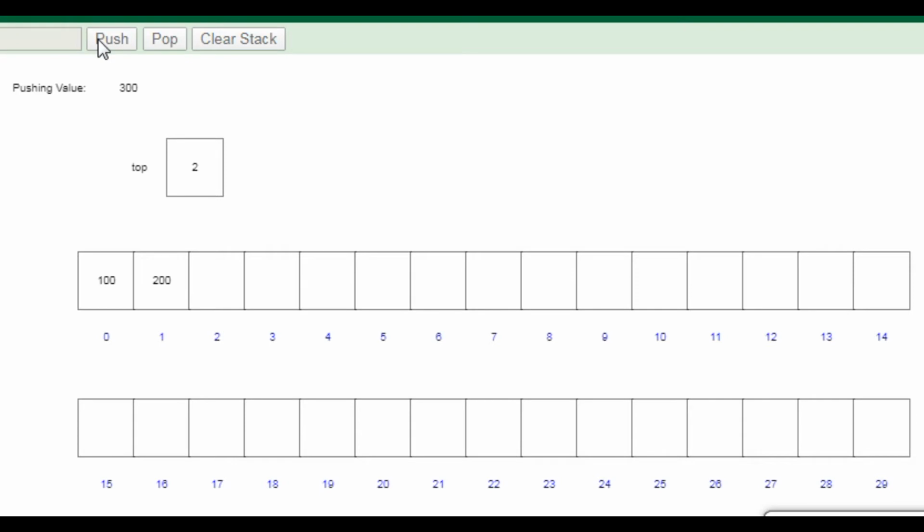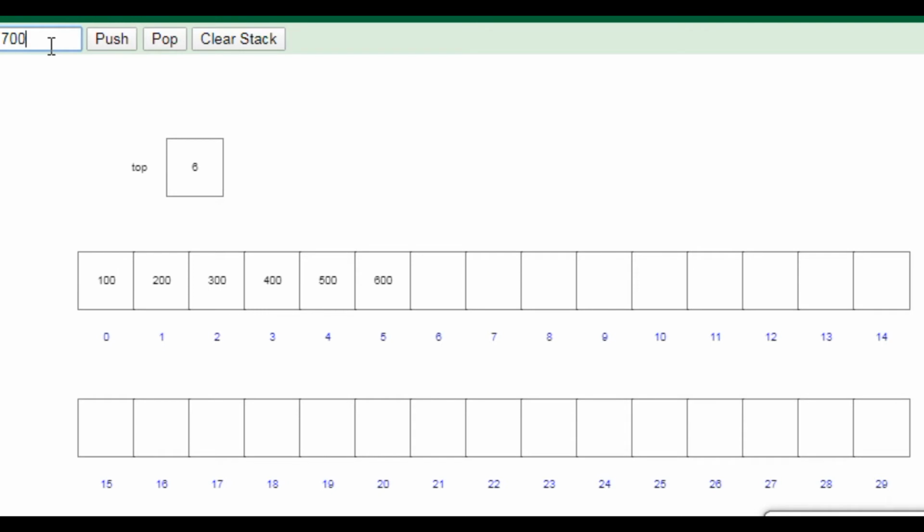Now 300, pushed like this. Now 400, and 500, I provide here 500. Now you can see top is also increased. Here top is going to be 5. So how? 1, 2, 3, 4 and 5. How many elements are there? 5 elements are there. So the top variable is also considered as a seek for seeking purposes. So I'm going to just push it. You can see that the LIFO concept is performed by the stack.